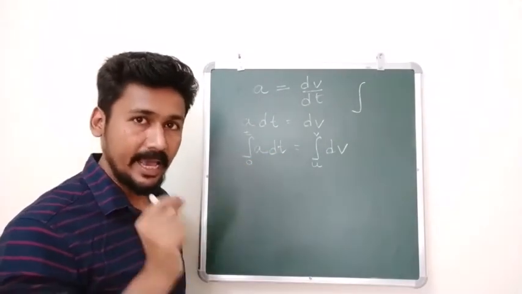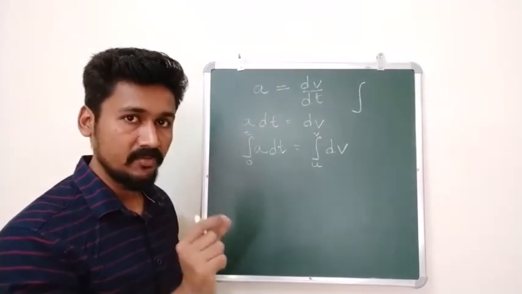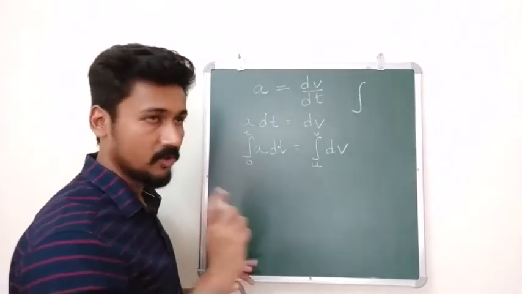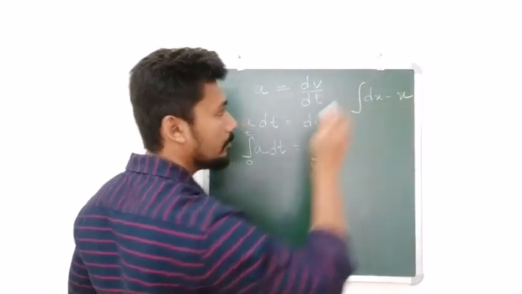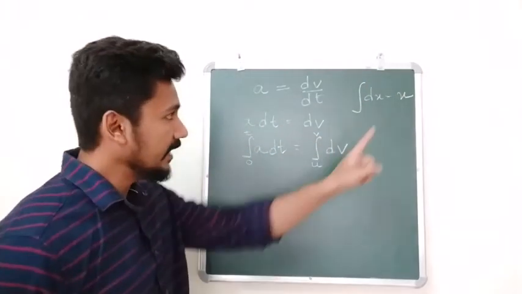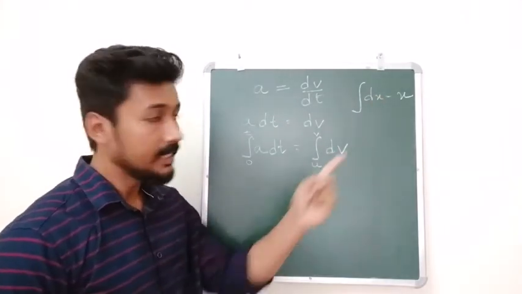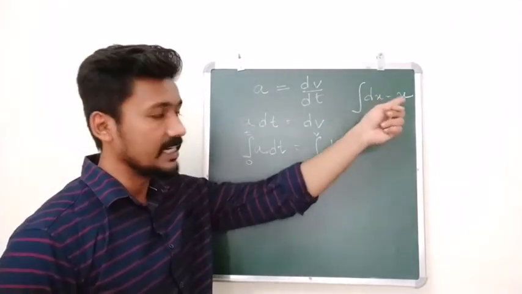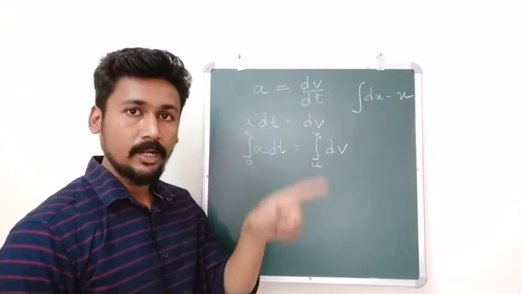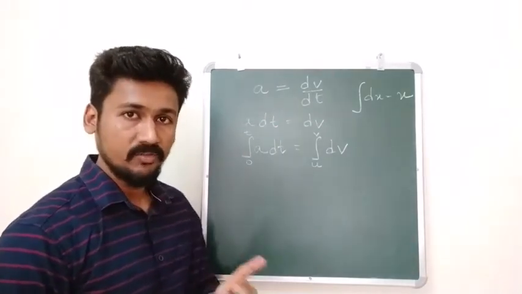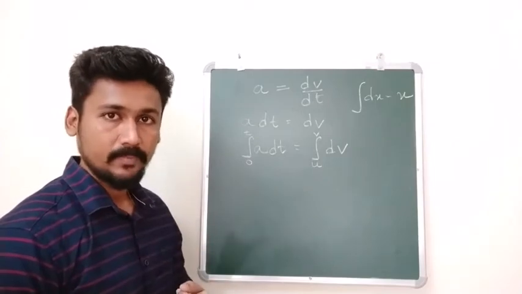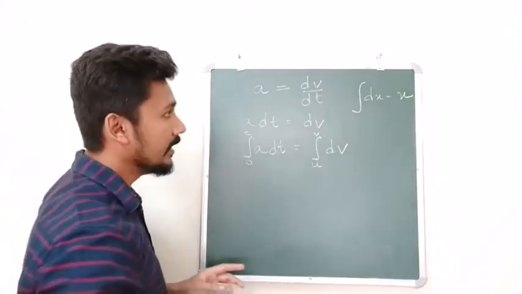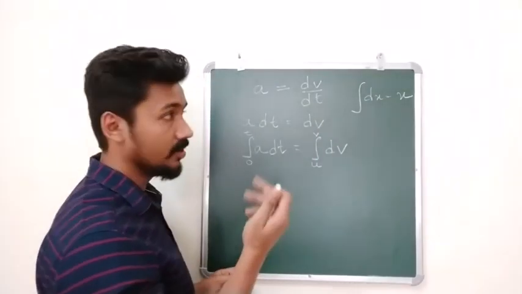Now as I said, as we move forward I will teach you one by one the formula. So here is the formula. Integral of dx is simply x. Any variable that you want to integrate, so if you have integral of dx, that will be x, or you have integral of dy, that will be equal to y. So how much is integral of dt? Integral of dt will be t. Okay, easy to understand.